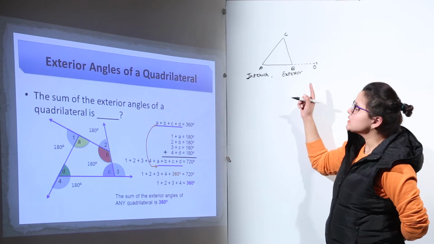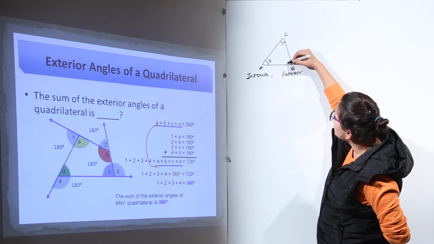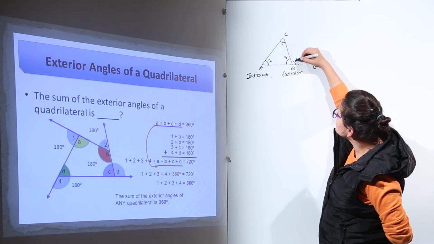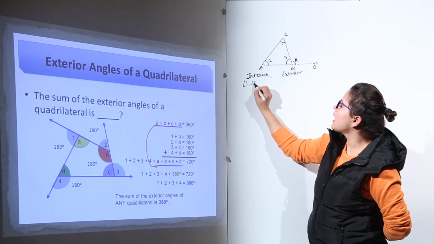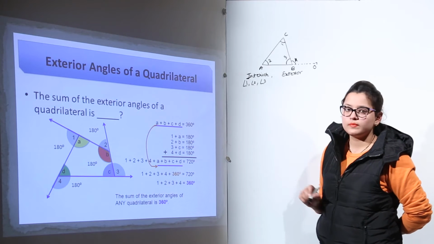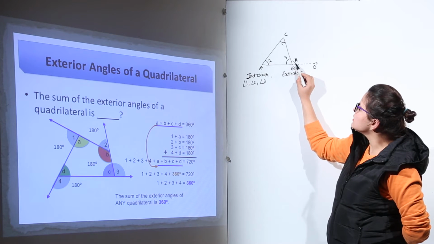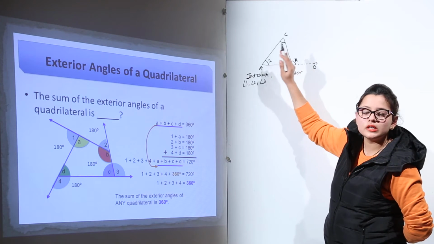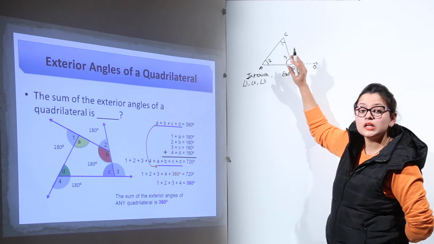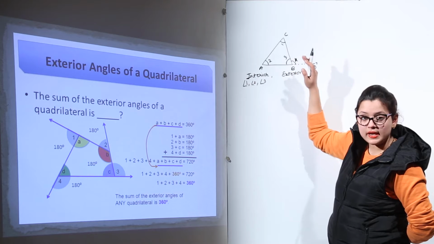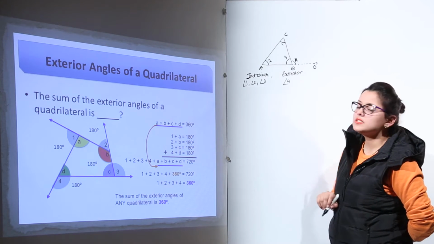Now you can see in this figure that this is angle 1, this is angle 2 and this is angle 3. I am naming this as 4. Now you can see in interior angles we have angle 1, angle 2 and angle 3. Now in angle 4, you can see this angle is not included in the interior of the triangle. Clearly this angle is lying outside the polygon. That means the exterior angle in this polygon is 4.